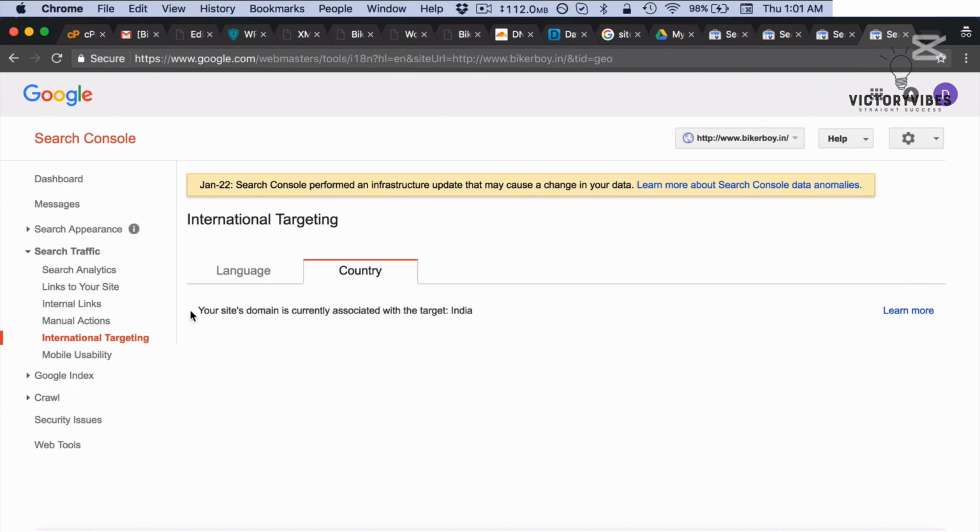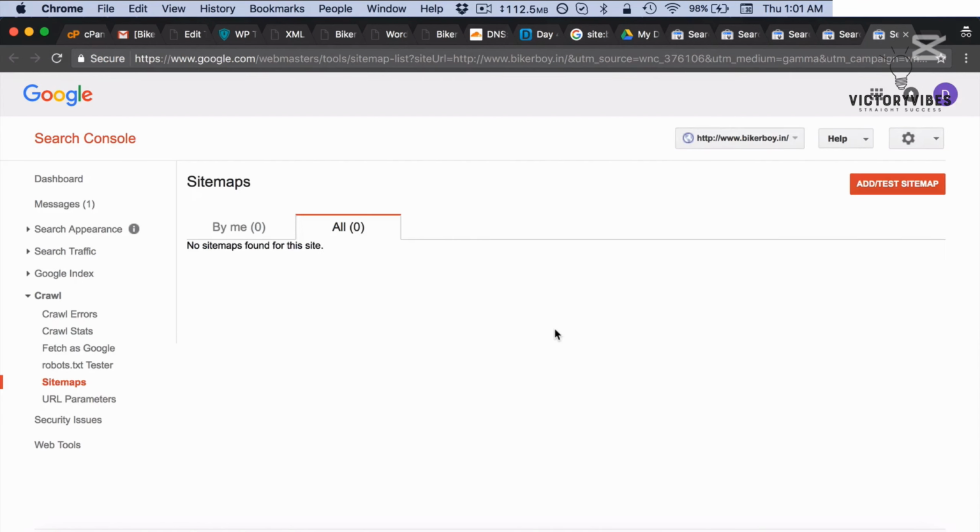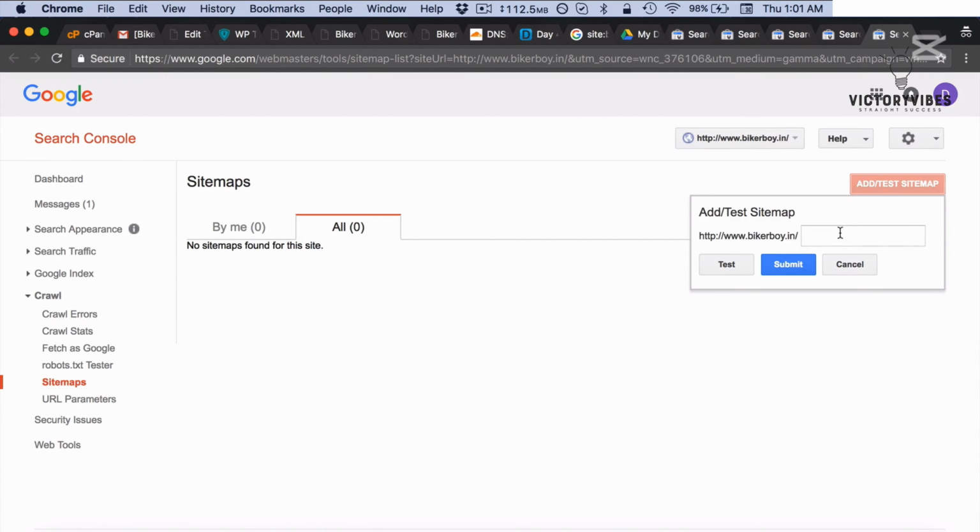So since we have the .in domain already, it says that the site's domain is currently associated with the target India. So you can add more users. You can submit a sitemap file which we have just created. So to submit the sitemap file, I would go ahead, click on submit a sitemap, add or test sitemap, and